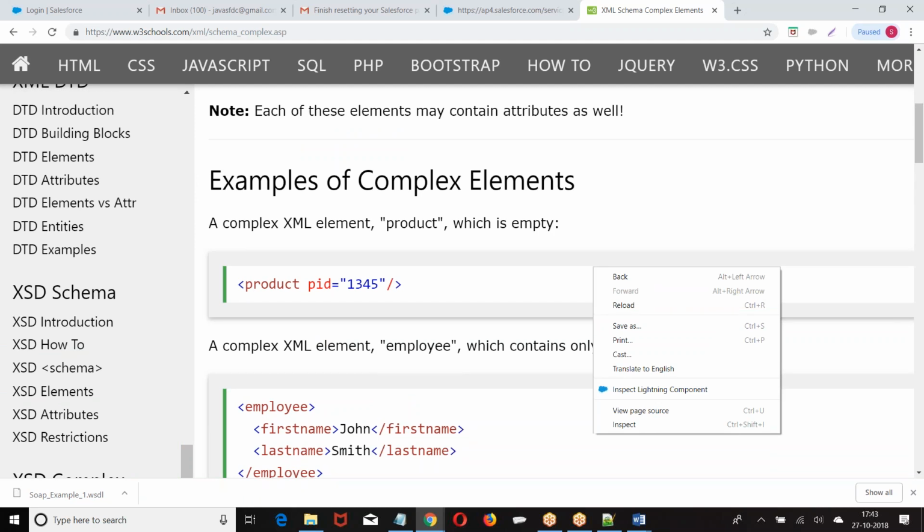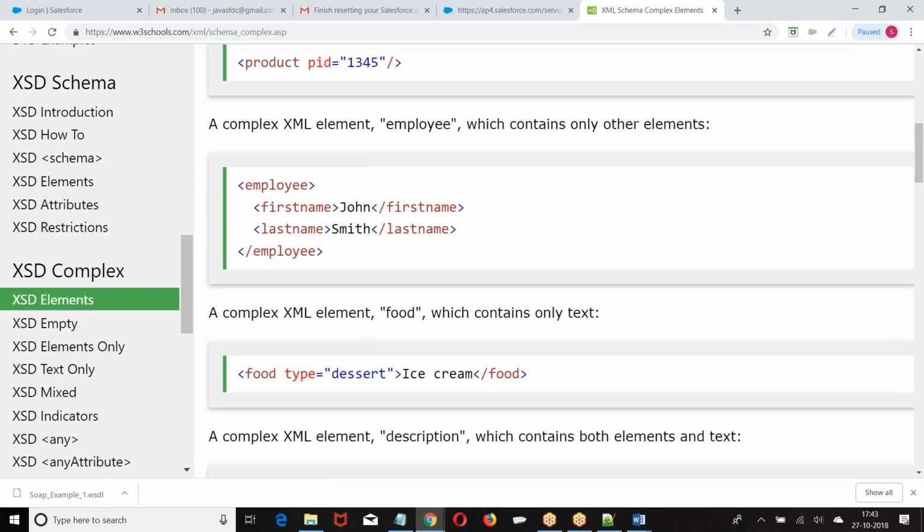Example, tell me. You have section header, title, subtitle, help, but there is no body for section header. Command button: in the command button, we have value, action. No body for this. They are complex elements with empty body. Nothing is defined in the body. Element has attribute but no body. It's called empty elements.